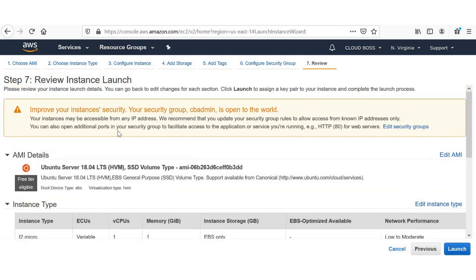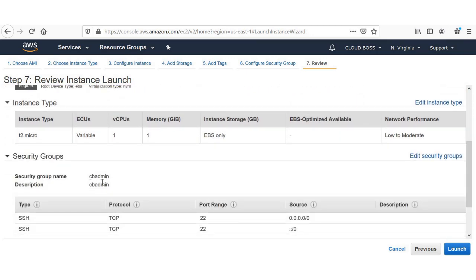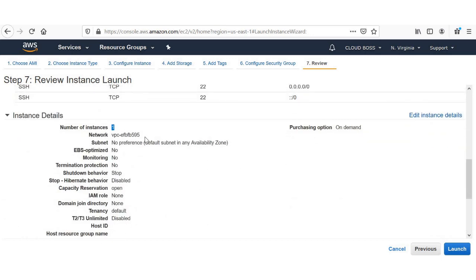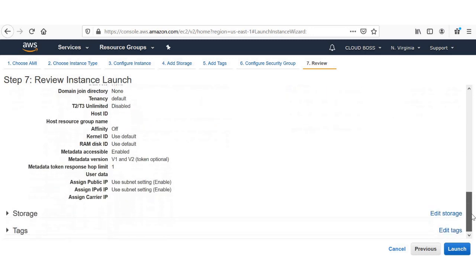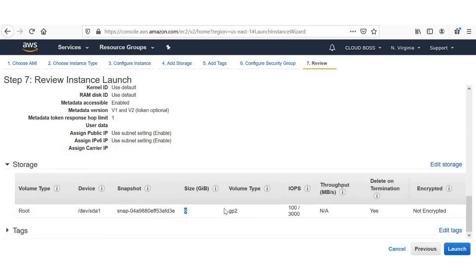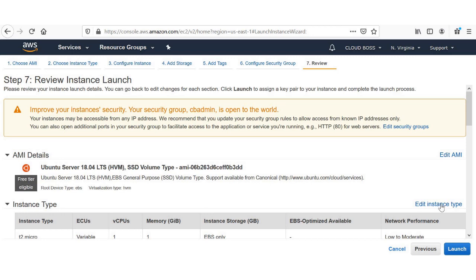And this is a summary of the creation. So here you can see the whole summary. Security group description, what are the ports allowed, port 22, this SSH port, we are going to log in. Here instance details, we are going to launch only one instance under the VPC. We are going to launch with on demand. See the storage size, we have given 8. Use GP2 volume here. So the tags we have given, you can see. If we need to edit, you can edit everything here. Now we are going to launch the instance.